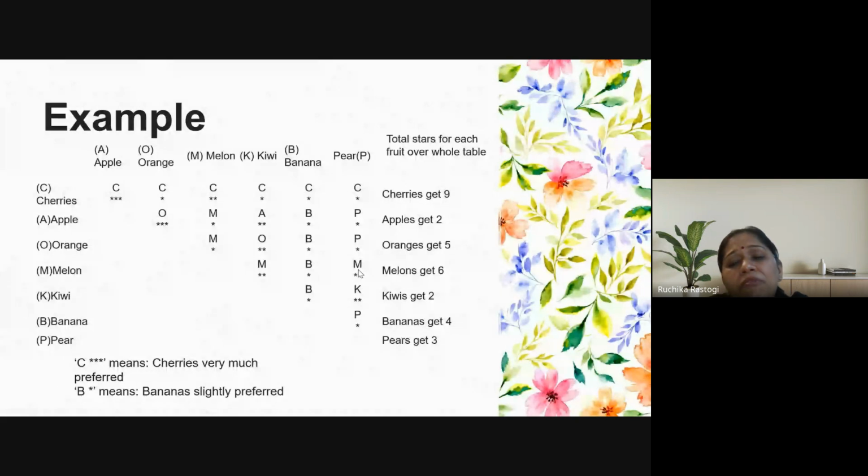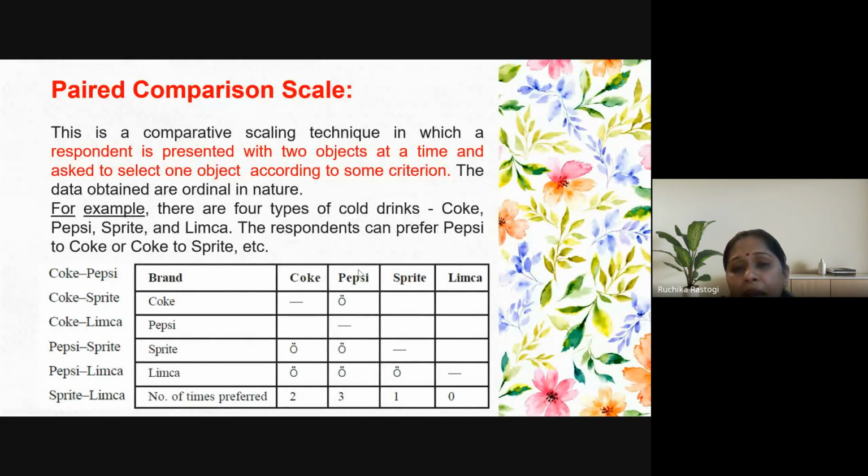So that was a very simple analysis, but it enhances the beauty of the data you have collected. Otherwise, if I am about to make a comparison between 2 fruits, I will think about what analysis I can show: people are liking apple more as compared to orange. I can only write this with the help of one single statement, but it's not like this. So whenever you have 2 products, 2 qualities, or 2 characteristics, it's better to go with this kind of paired comparison scale.